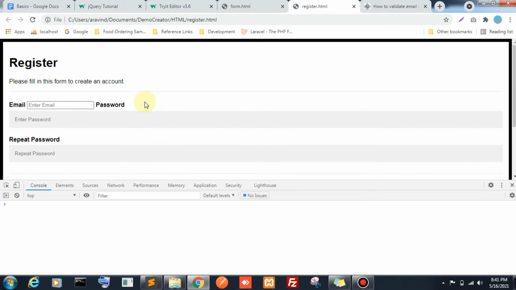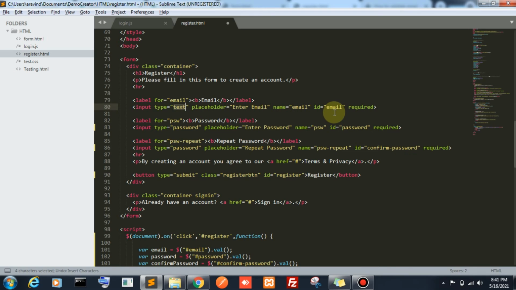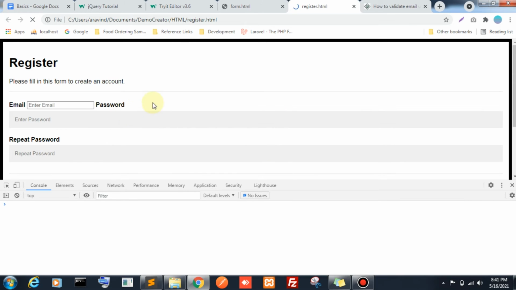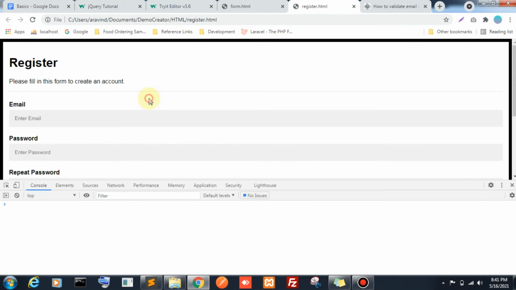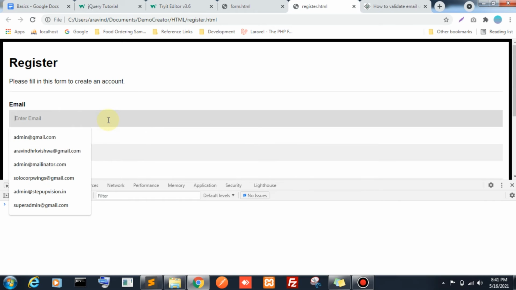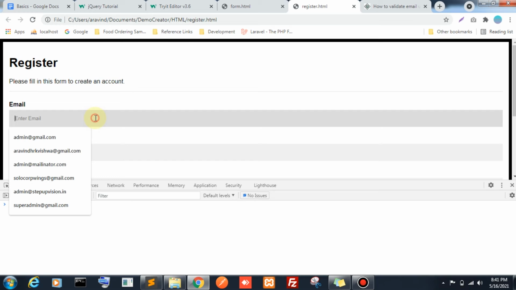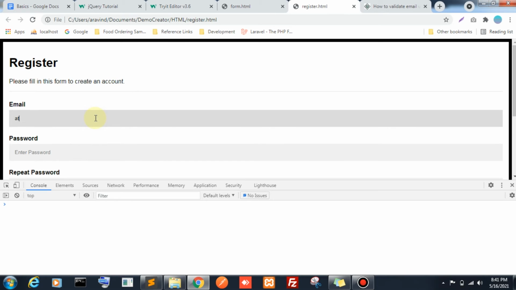Okay, they write CSS things for text fields only, so I am reverting the change. What is the difference between email field and text field? In the email field it allows only a valid email. Okay, that is what I'm trying to explain. Okay, fine. Let's take good to go at gmail.com. This is the valid email, right?